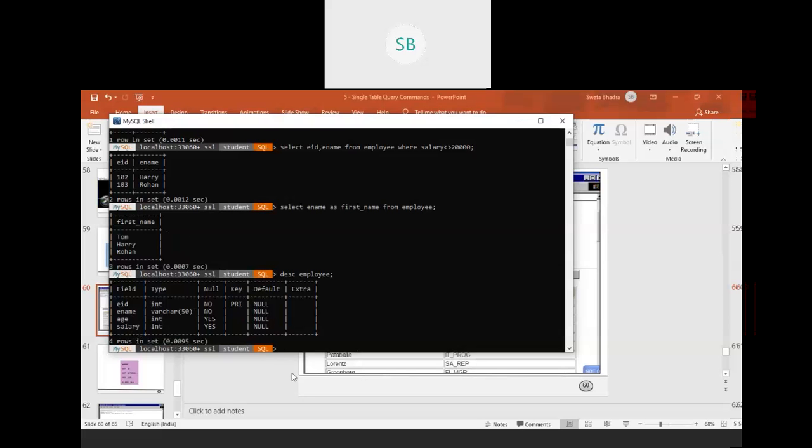So it is also possible, like select EID, ename, salary into 12, let me use a bracket, as increment.